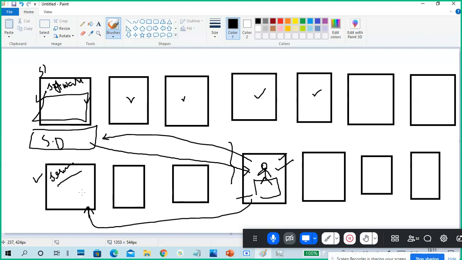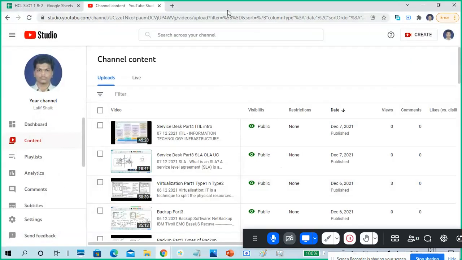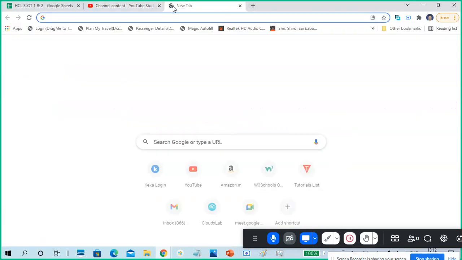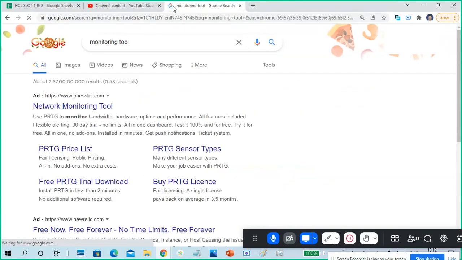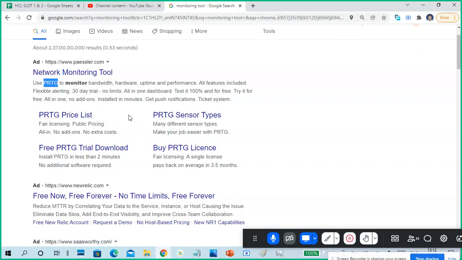So different things we can monitor. In the system there are monitoring software. Just simply put, monitoring tools or monitoring software. PRTG is one of the monitoring tools.